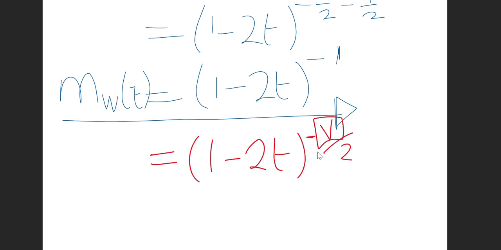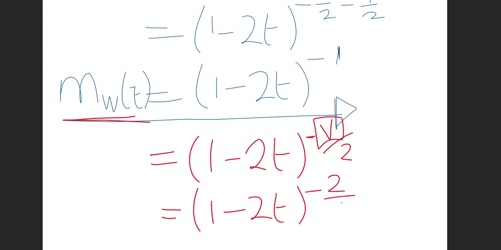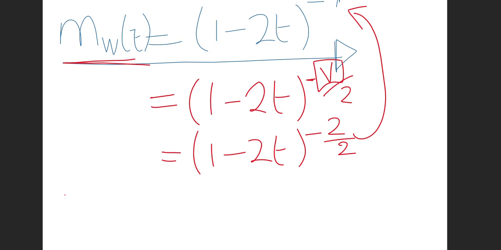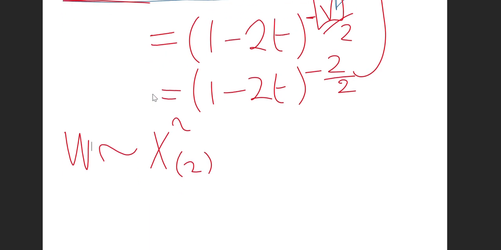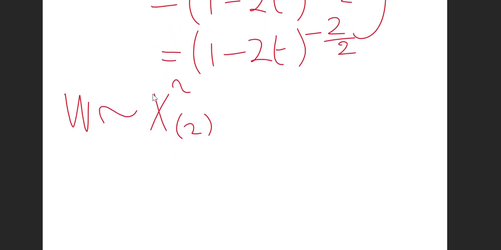So if we have 1 here, it means for our random variable W, the degrees of freedom is 2 divided by 2, which makes this negative 1. So W is a chi-square distribution with 2 degrees of freedom, and its PDF